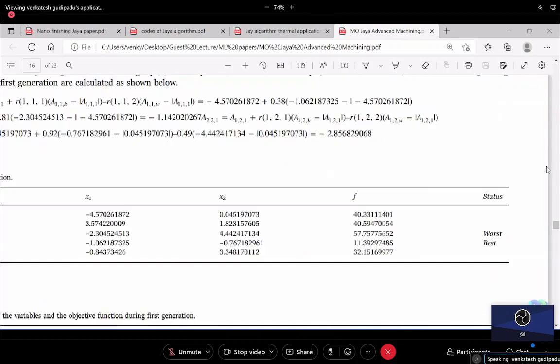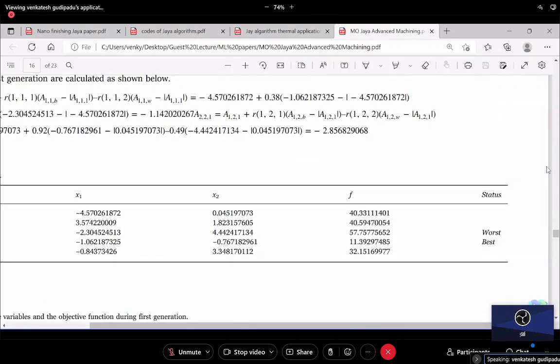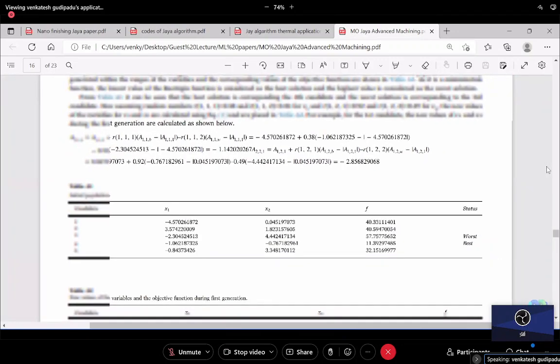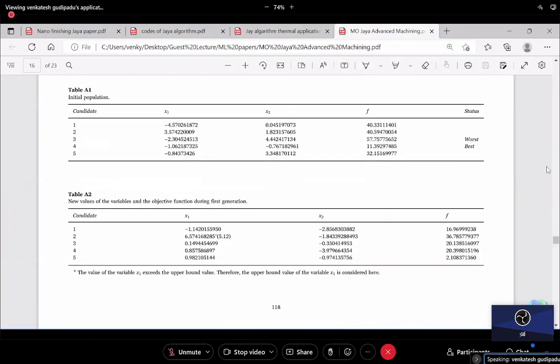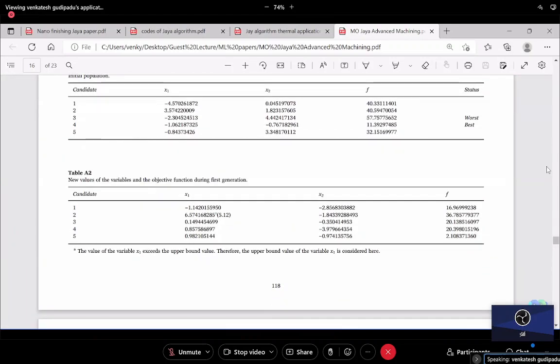So you need to find out the worst solution and the best solution, right? So the worst solution is 57. It means that the maximum is the worst, the minimum is the better in this particular case. So 11.39. So according to the code, what happens? Step by step it is given. So in Table 2, you will find